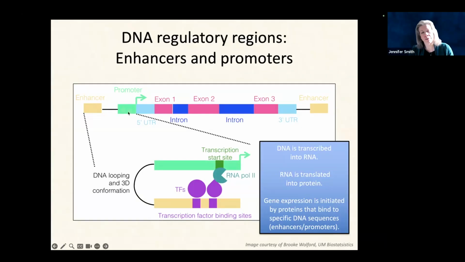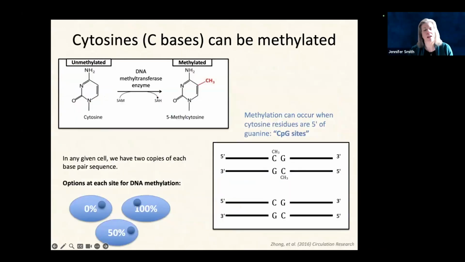So the enhancers and promoters are both really important regulatory regions. And sometimes enhancers can even be on a different chromosome. So that's the central dogma, and gene expression is initiated by these proteins that bind to the enhancers and the promoters. Okay,